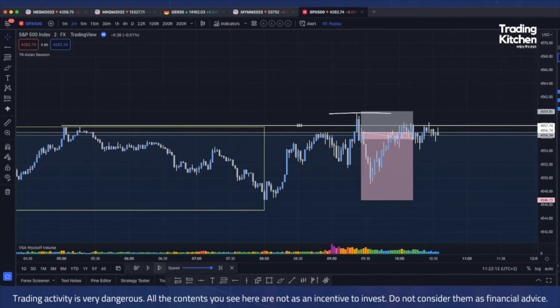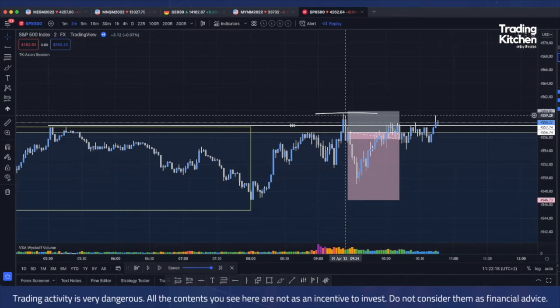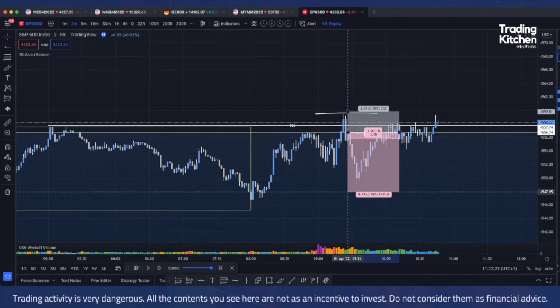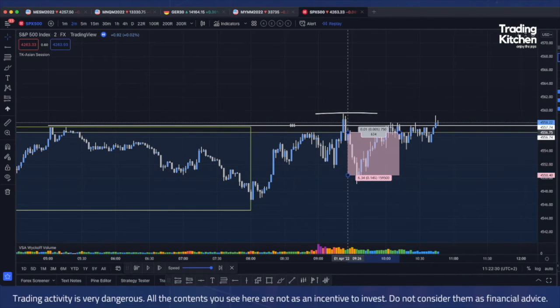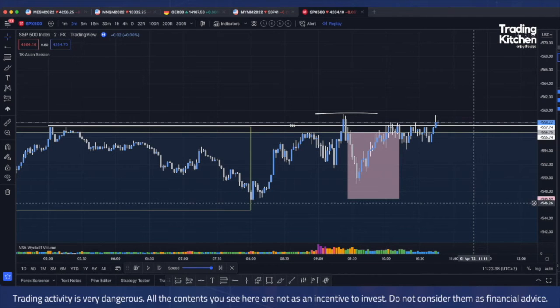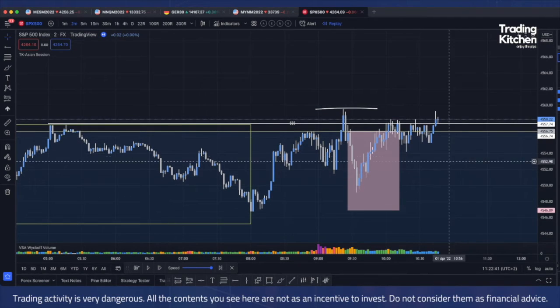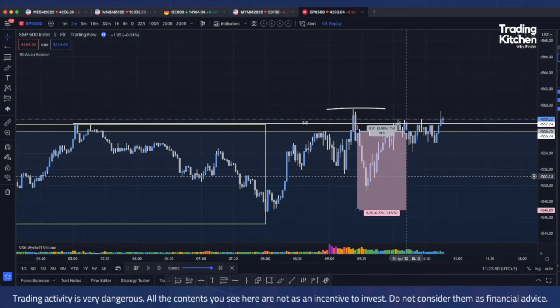Okay, so here for me is break even, because usually when price reaches my 1.2 risk reward, here I move stop loss to break even, okay. So this for me is break even, okay. But as I told you before, I will not probably enter in here, because now I see an evidence. Okay, but as you can see here,